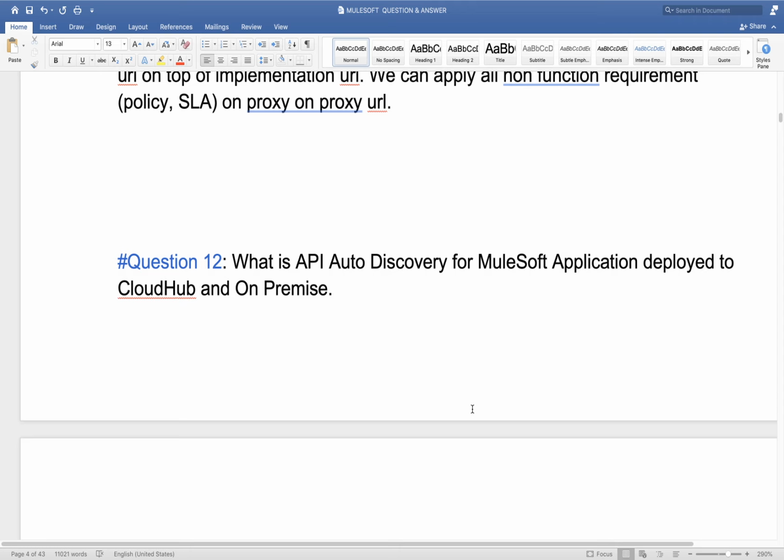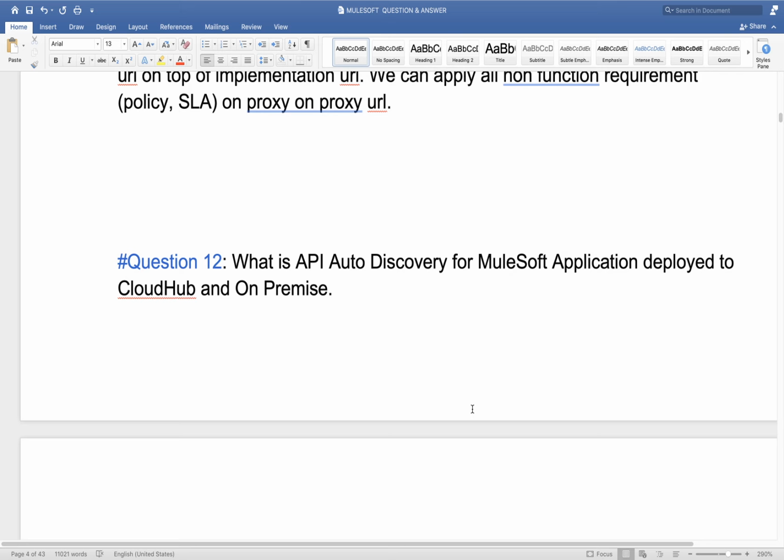Whatever request comes will go first to the gateway, then to API Manager to check whether it fulfills all the policies and SLAs. If it does, then it will go to the API implementation in Mule runtime. Otherwise,